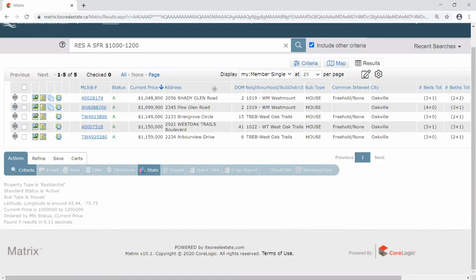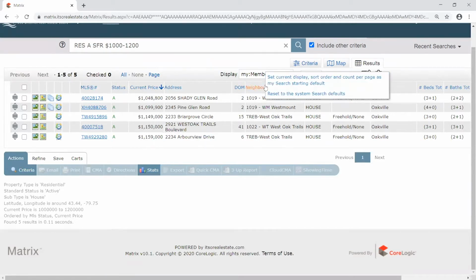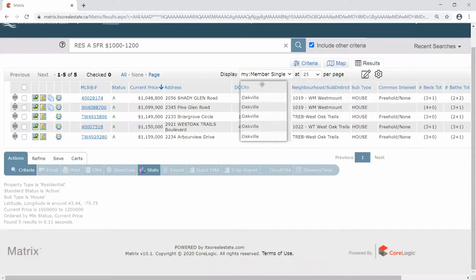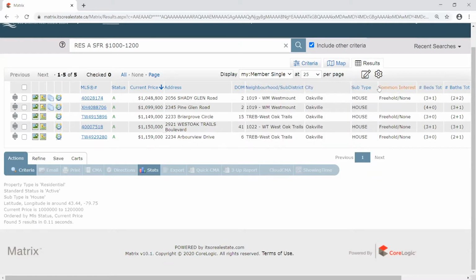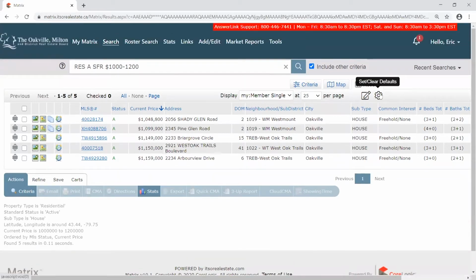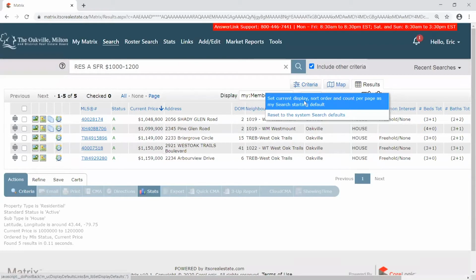If you are making any changes to this section, it's going to be extremely important that you go to this little gear icon and set that as the new starting default. What I mean by that is if I go in and take city over here and drag it over maybe just a couple spaces to the left, well, if I want that change to be there next time I run a search, I need to click on this gear and set this as my